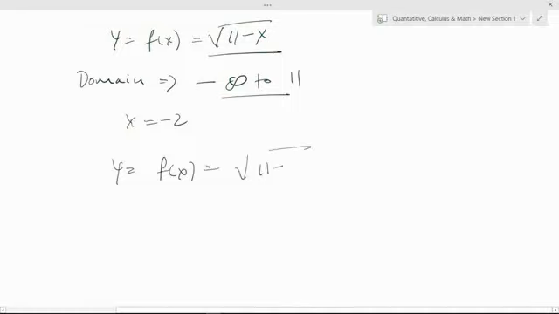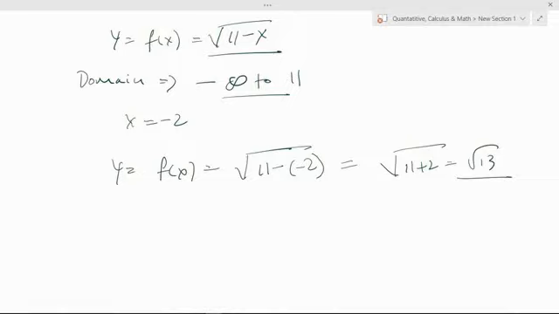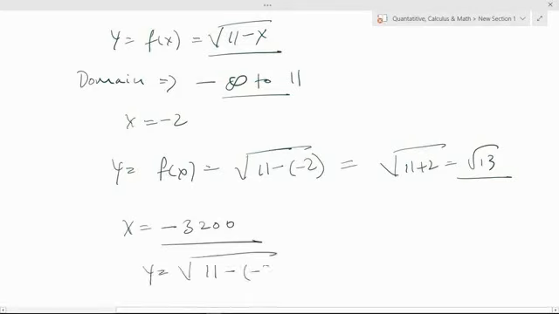So what is the new equation? y is equal to f of x equal to square root of 11 minus of minus 2, which is nothing but under root of 11 plus 2 is equal to under root of 13. So just to give you a fair idea of how the range would work. So let's take x is equal to minus 3200. So if you put the same value,